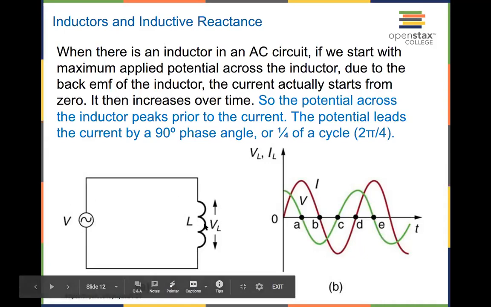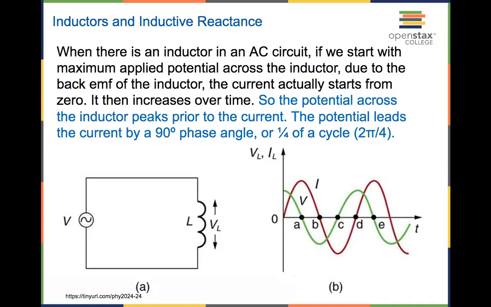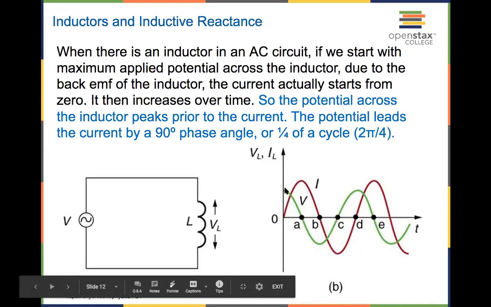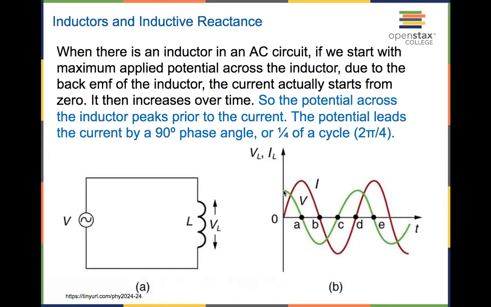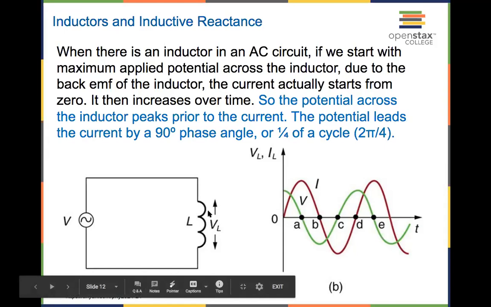But because the inductor opposes the current increase, once you close the switch, the current is going to build up slowly. So your current doesn't start at maximum value. If the voltage started at the maximum value, your current actually starts from 0 and then gradually builds up. So if you plot the voltage and current going through the inductor on the same graph,